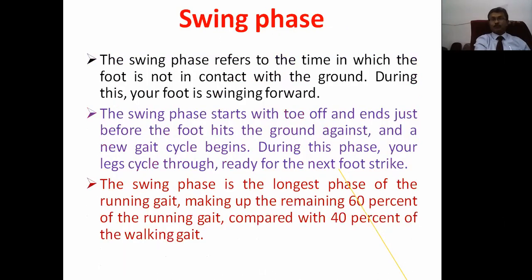आप इंजर्ड होंगे। सो लास्ट वन इज द स्विंग फेज। जो स्विंग फेज मैंने बताया था, तो ये ध्यान में रखें, द स्विंग फेज इज द लॉन्गेस्ट फेज ऑफ द रनिंग गेट, मेकिंग द रिमेनिंग 60% ऑफ द रनिंग गेट कंपेयर्ड टू द 40% ऑफ द वॉकिंग गेट। तो स्विंगिंग फेज में क्या होता है, हम लोग जब एयर में रहते हैं ऑलमोस्ट 60% इस स्विंगिंग फेज में चला जाता है।